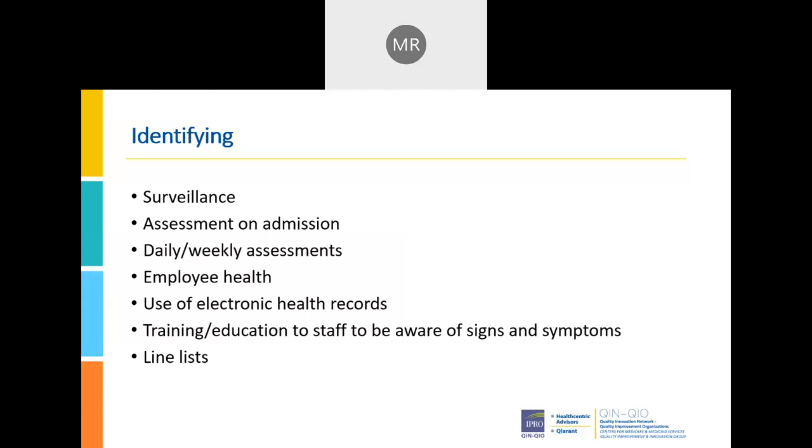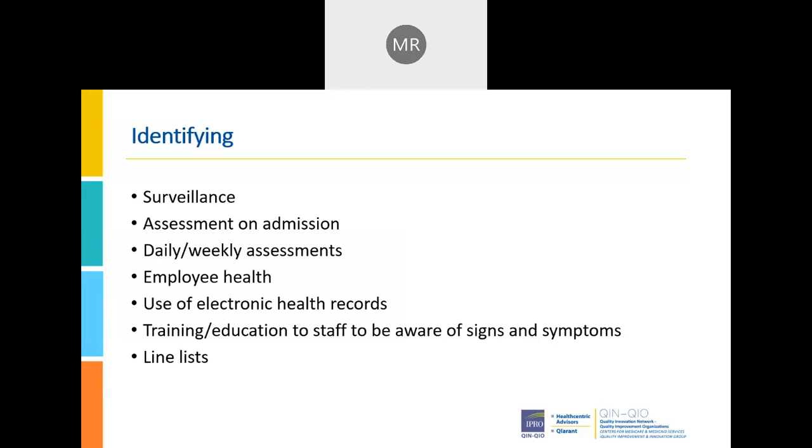Employee health, this is really important because we want to make sure that there's a clean process for employees to call in and let you know they're not going to be at work because they're ill. So, employee health is important. The use of electronic health records. There are some great programs out there; the electronic health record also helps you scan through your residents to see who are outliers with vital signs, bowel issues, just changes in condition. That's a great way to be looking for issues.